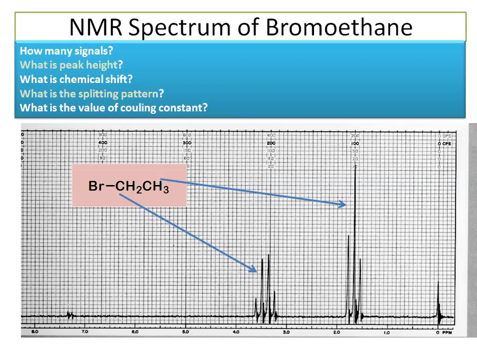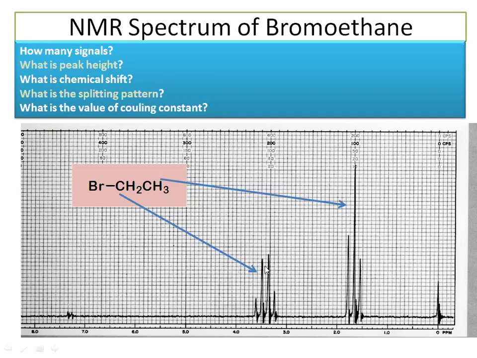The methyl signal is going to split depending upon how many neighboring protons there are, which we indicate as n plus 1. The methyl protons have 2 neighbors, and 2 plus 1 is 3. You can see here that the methyl proton is split as a triplet. The same is the case for the methylene proton. This is the signal for the methylene proton. Methylene will see 3 neighboring protons, and its signal will split into 3 plus 1, that is 4 lines. The final question to be answered is, what is the value of the coupling constant?